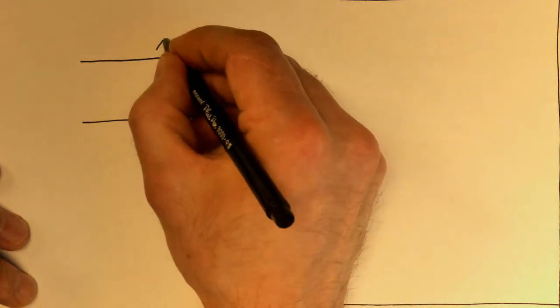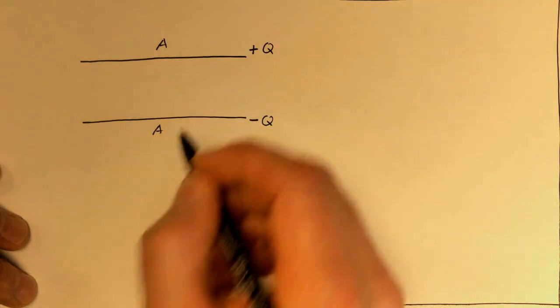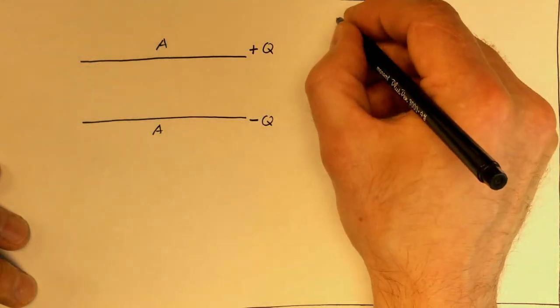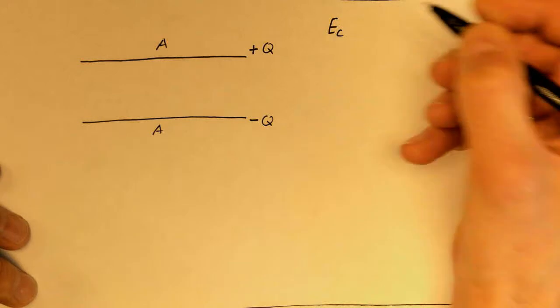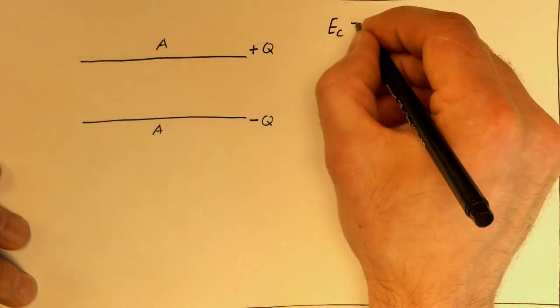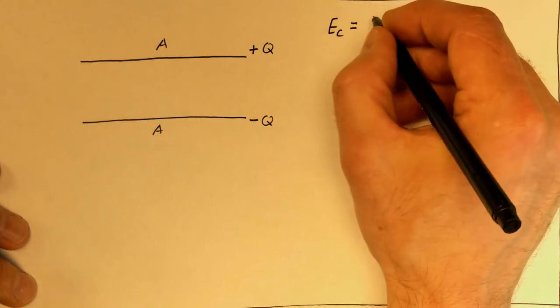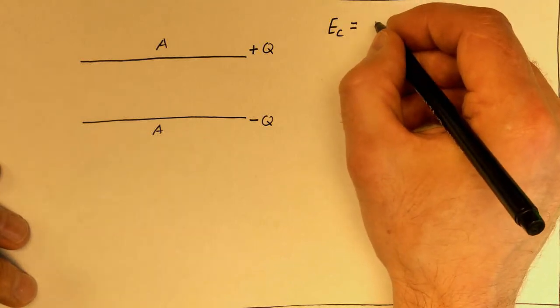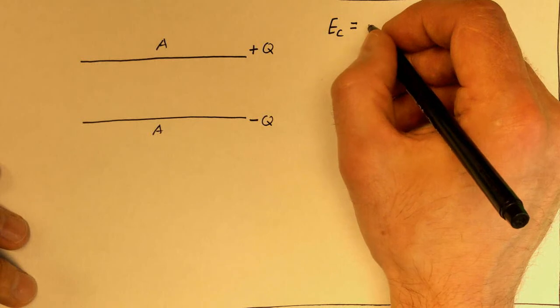They each have an area A. And from that we know that the electric field inside a capacitor, which I use a subscript C, is a constant. And that's the most important thing about a capacitor. That's one of the most important electric fields we know of, the electric field of a capacitor, because it's